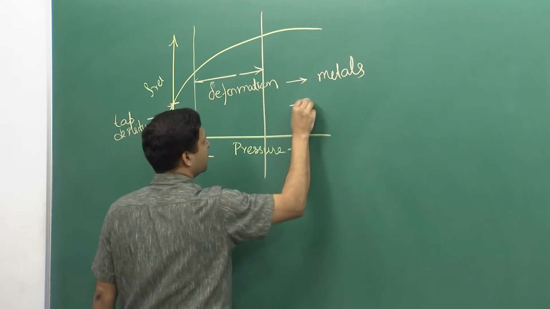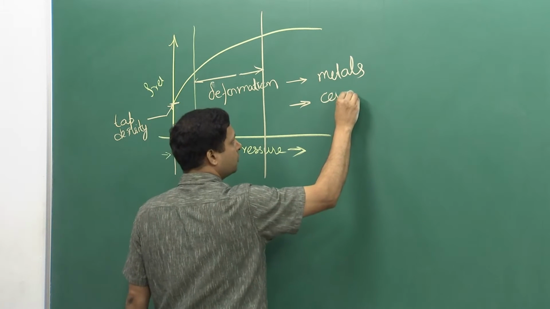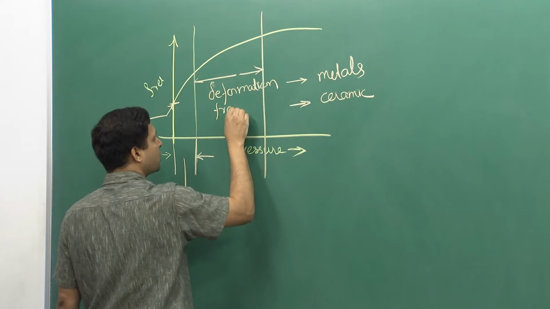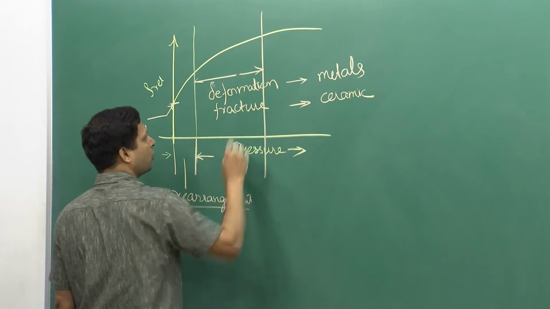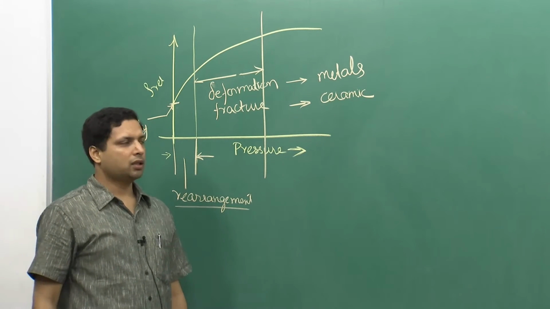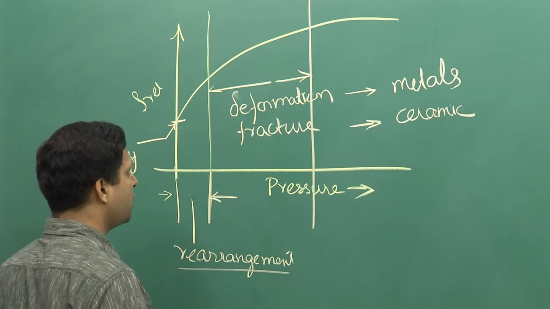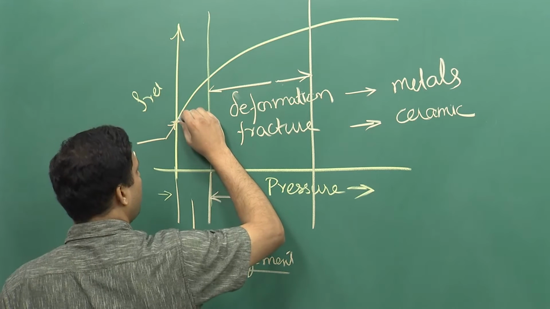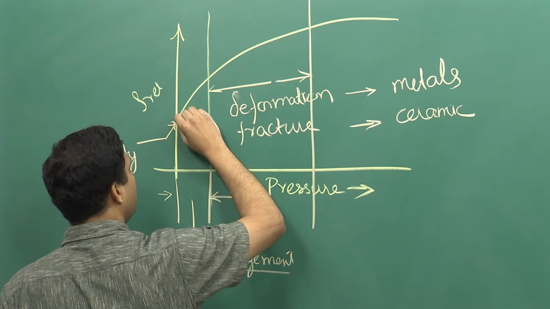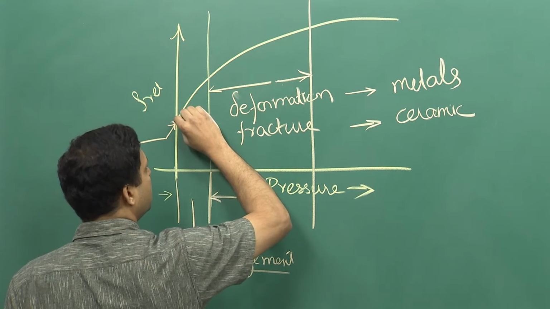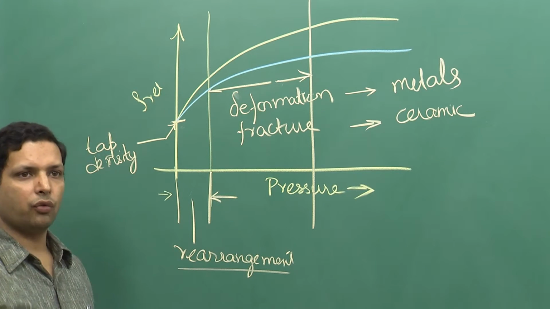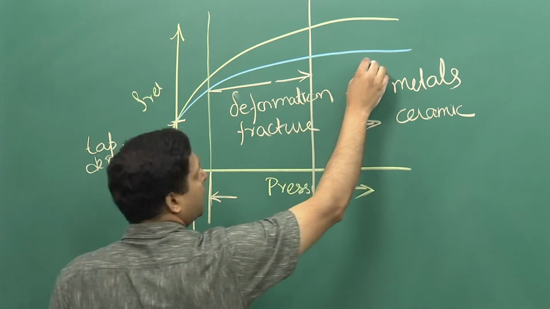What for ceramics? For ceramics, actually some amount of fracture will take place. Even for hard materials, some amount of fracture will take place instead of deformation, and therefore the plot may be, so if we are starting from about the same relative density, then the plot would be like this,